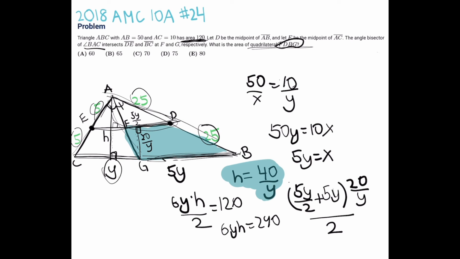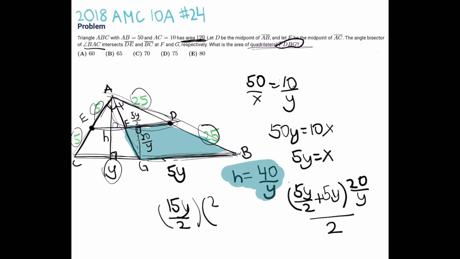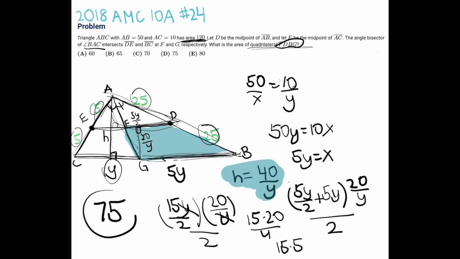Okay, so let me just erase this so I have space. Okay, so 15y over 2 times 20 over y over 2. As you can see, the y's cancel out. This equals 15 times 20 over 4, in other words, 15 times 5. So we know that the area of quadrilateral FDBG equals 15 times 5, or 75, and that is the answer,